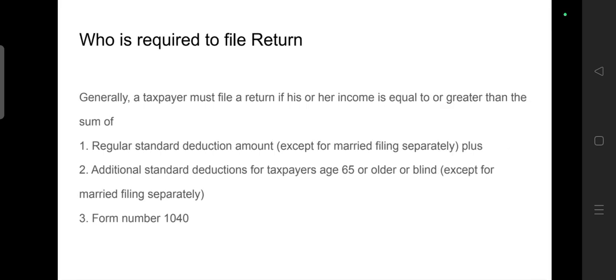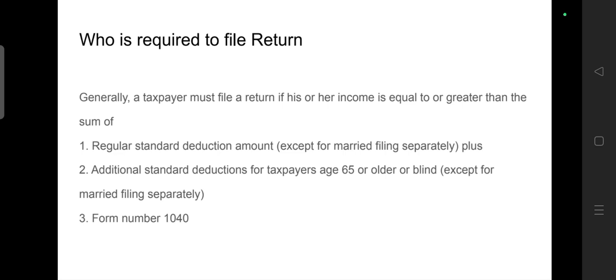Today we will discuss federal tax applicable in the United States. We will move straight into the discussion of who is required to file a tax return. There is a threshold limit, a blanket limit. By touching that, anything above that, the person is required to pay the tax or claim the refund and file the tax return.